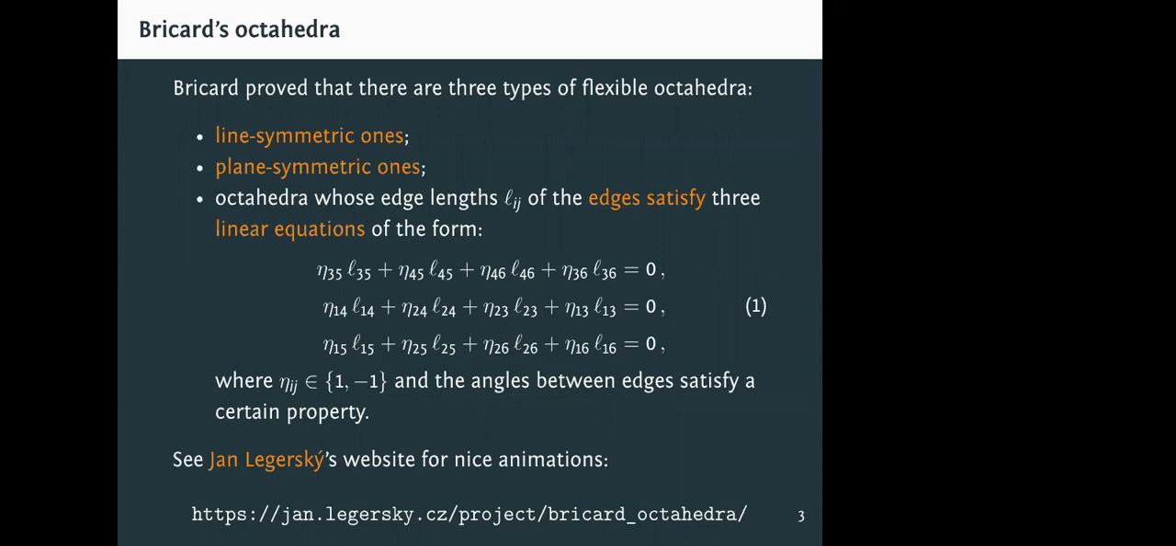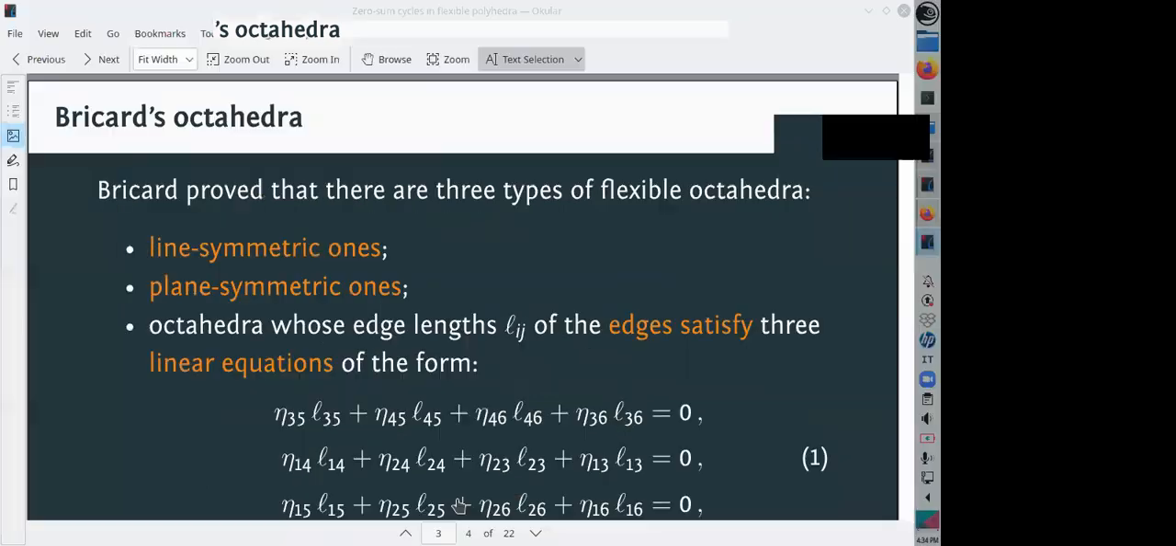So if we consider the 4-cycles in the octahedron, then what happens is that the lengths of these edges, if we sum or subtract them in an appropriate way along one of these 4-cycles, then it gives 0 for all these 4-cycles. Okay, and I would like to refer, in this case, to Jan Legerský's very nice website,